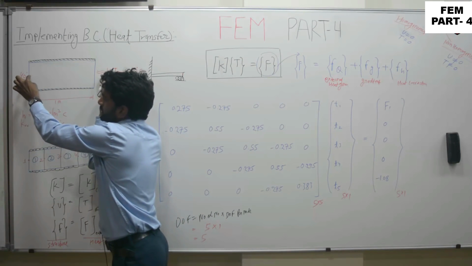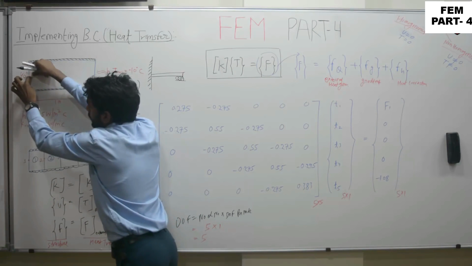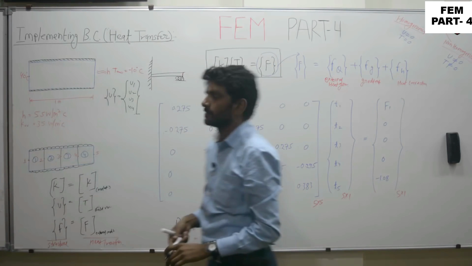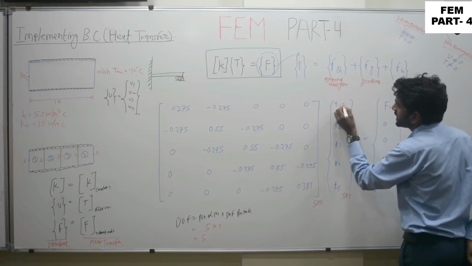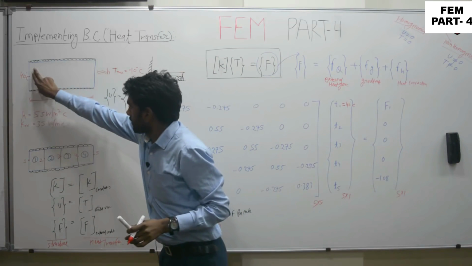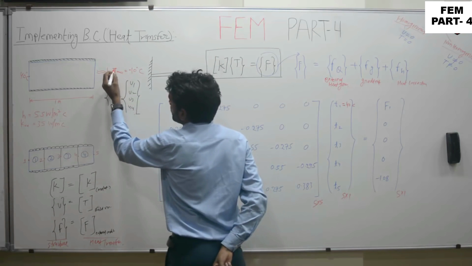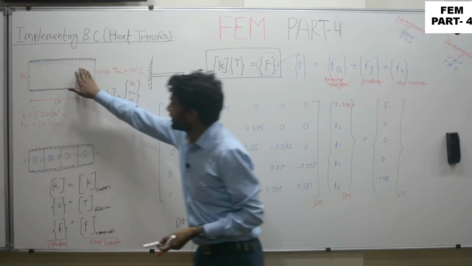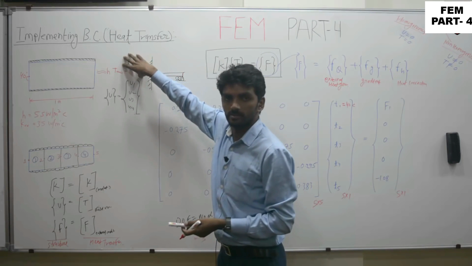It means at the left face we have specified nodal value 1. It means at node 1 the corresponding temperature is given as 40 degrees centigrade. So in this particular field variable we are going to specify T1 is equal to 40 degrees centigrade. Okay. For the rest, at T2 or internally, they have not specified any temperature values. Kindly make a note that this minus 10 degrees centigrade is the atmospheric temperature, not the temperature which is specified inside the boundary. So this is not our area of concern.